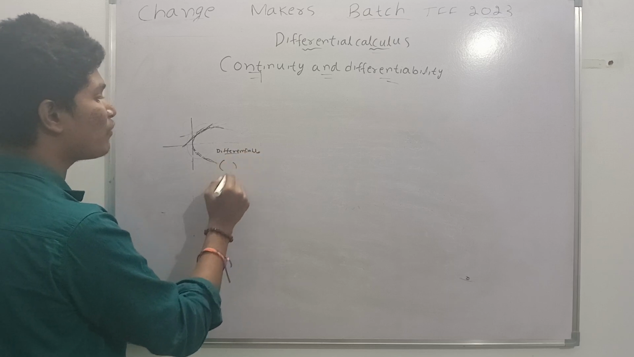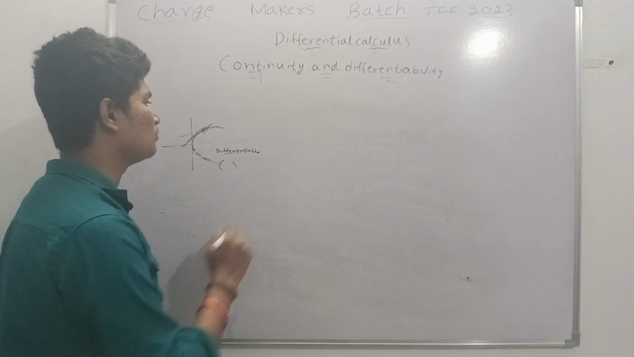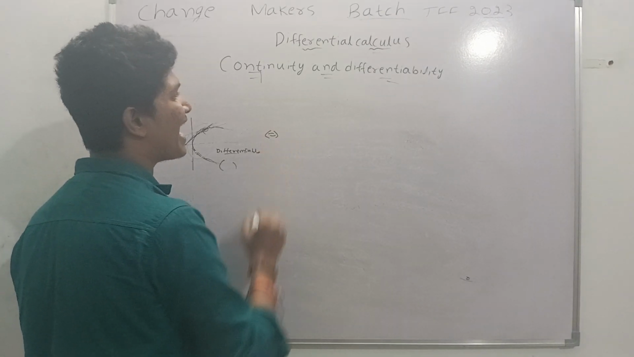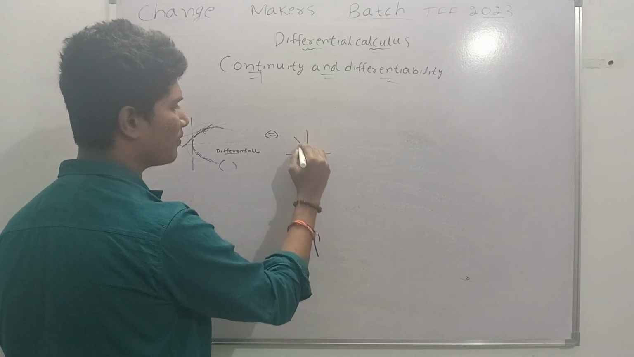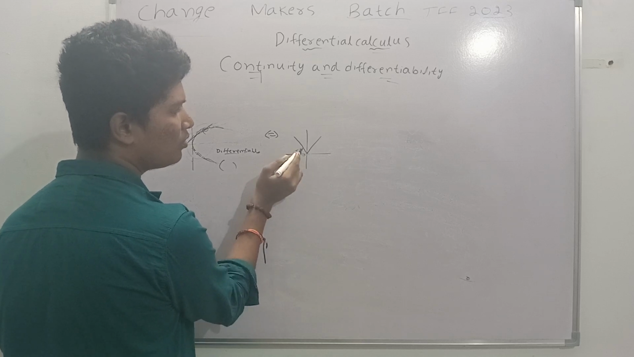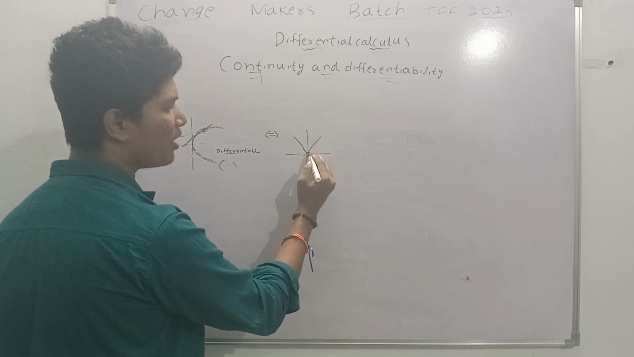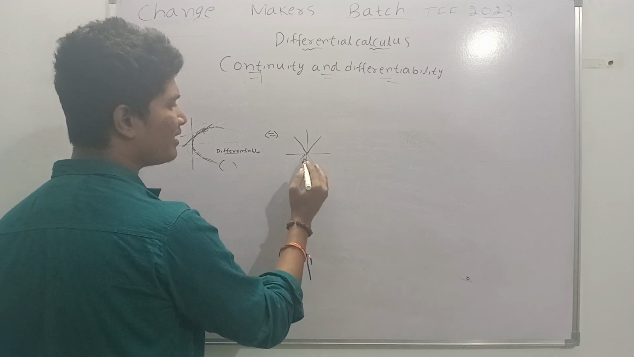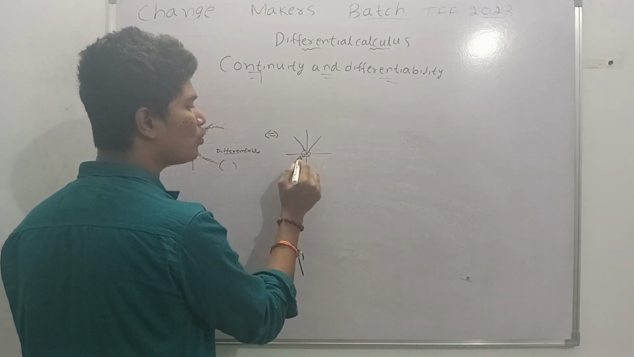And we can differentiate and find the slope at this point. Also, suppose we take the mod x curve. If we observe at the point 0, there is a tangent like this, and if we observe at point 0 again from this side, there is a tangent like this. So at a single point there exist two tangents,